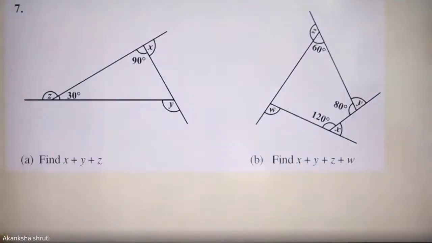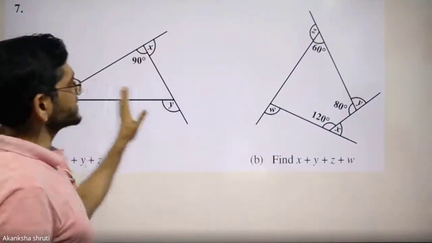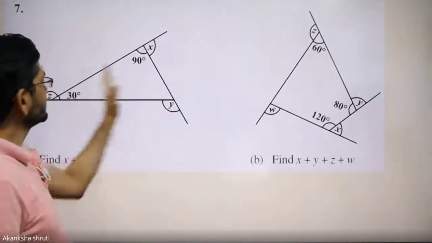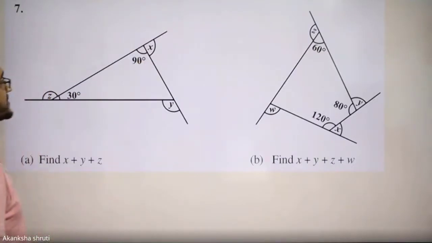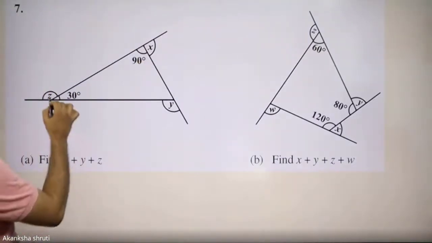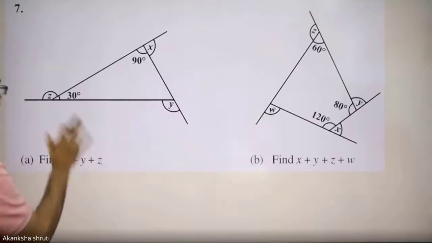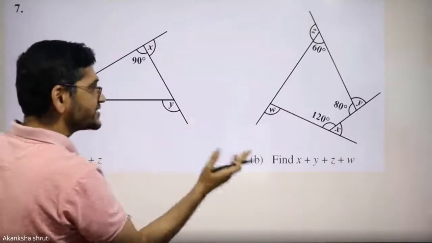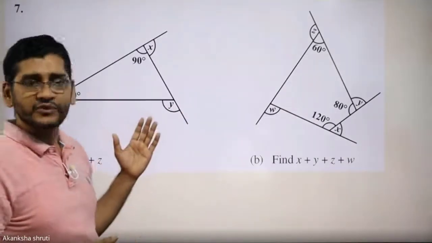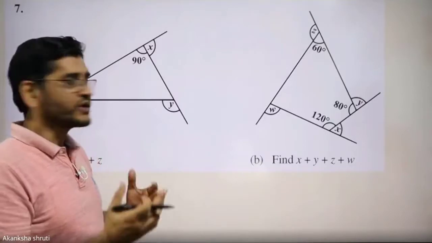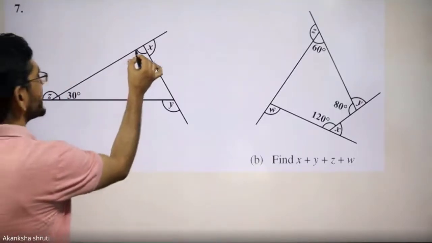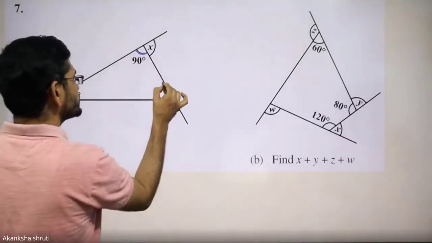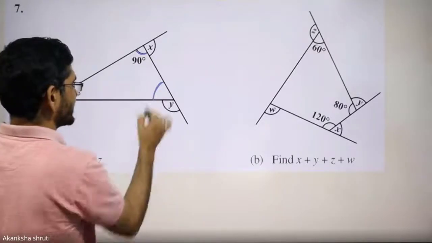Let us come to question number 7. In this, a triangle is given. Here, a quadrilateral is given. Their external angle sum we have to determine. Students, in this case, these external angles z, x, y can be written directly. But the question is not for writing directly. Rather, we have to calculate this. See, this angle is 90 degrees. This angle is 30 degrees. First, we need to calculate this angle. What will be this angle?